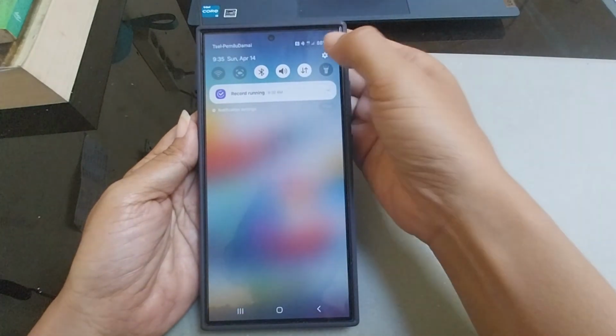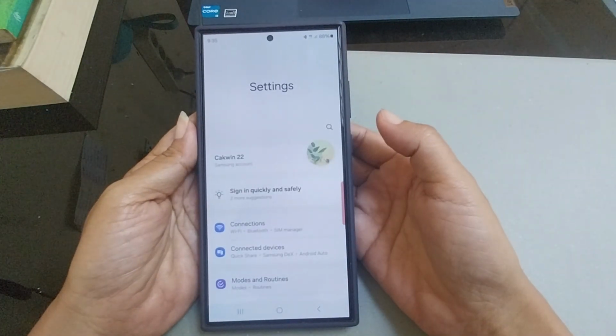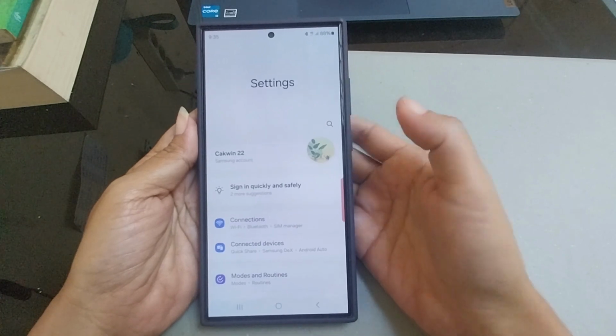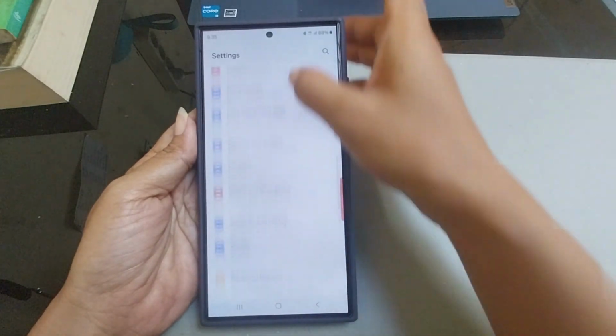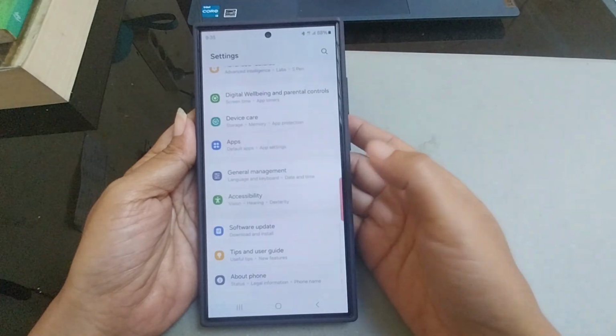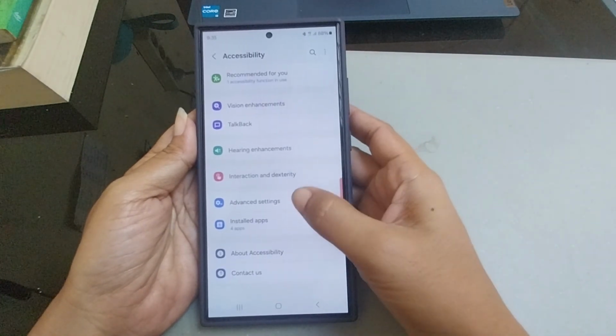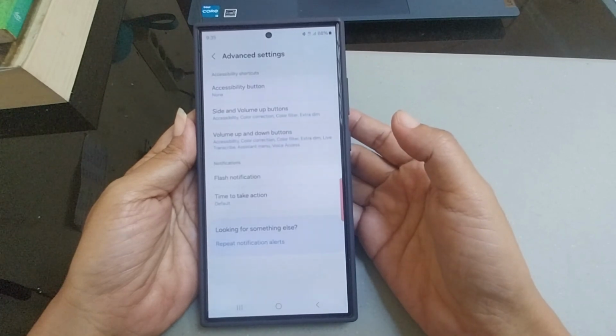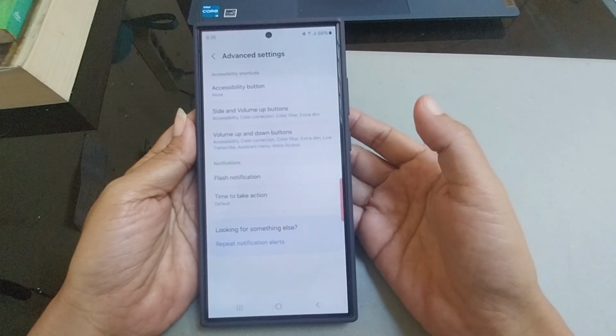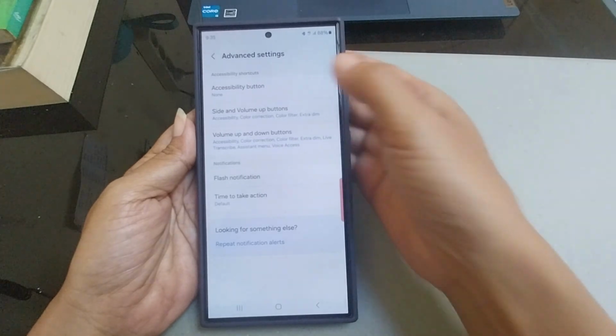and then tap setting icon. Scroll down the screen to find accessibility. Tap accessibility and then tap advanced setting. Under accessibility shortcut section, tap accessibility button,